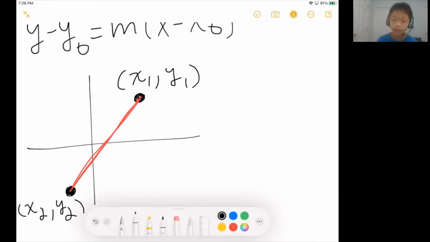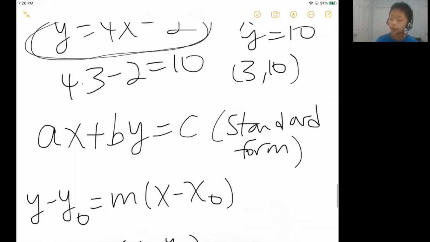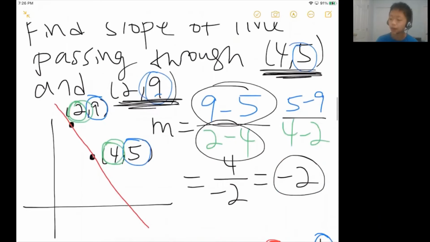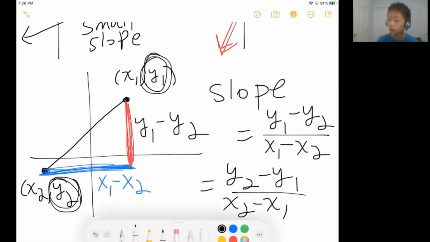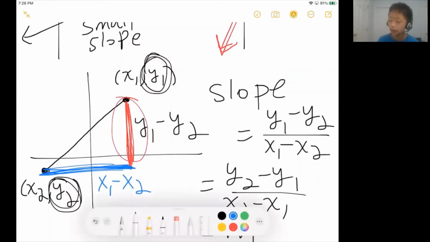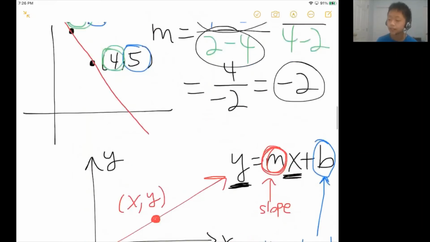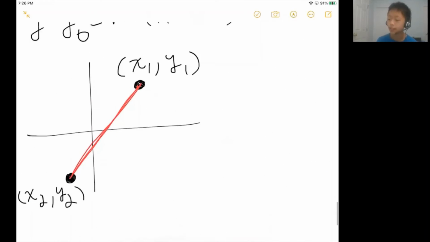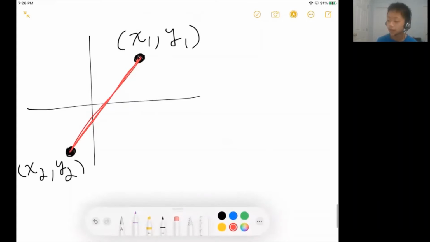What we can do is something similar to slope. Remember in slope, we did this thing where we built this triangle. We had this red length here, and we had this blue length here. We can do a similar thing and build a triangle in order to find the distance. So down here, what we can do is find the distance between the y coordinates and find the distance between the x coordinates. And this is going to be a right angle here because the x and y axes are always